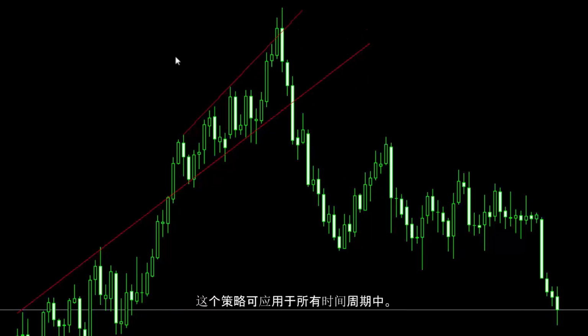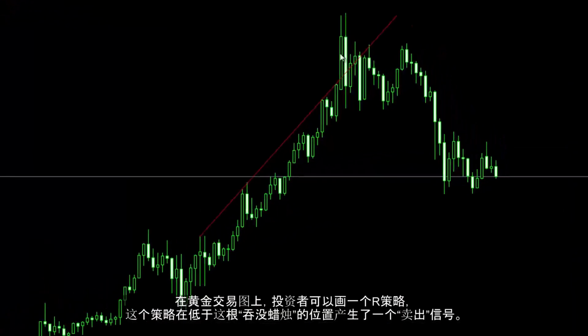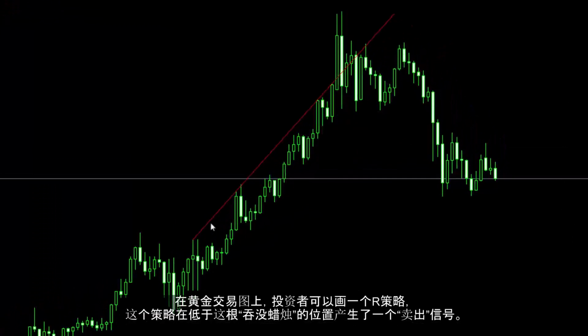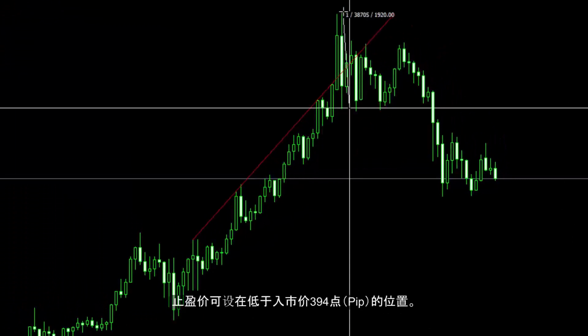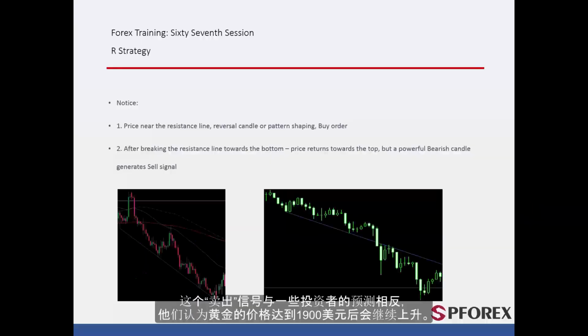This strategy is applicable on all time frames. On the gold chart, a trader could draw the R strategy that generated a sell order below this engulfing candle. TP price could be 394 pips lower than the entry price. Price decreased 390 pips lower, around $1,171. This sell signal was generated against the presumption of some traders who speculated that gold would go higher after the price had reached